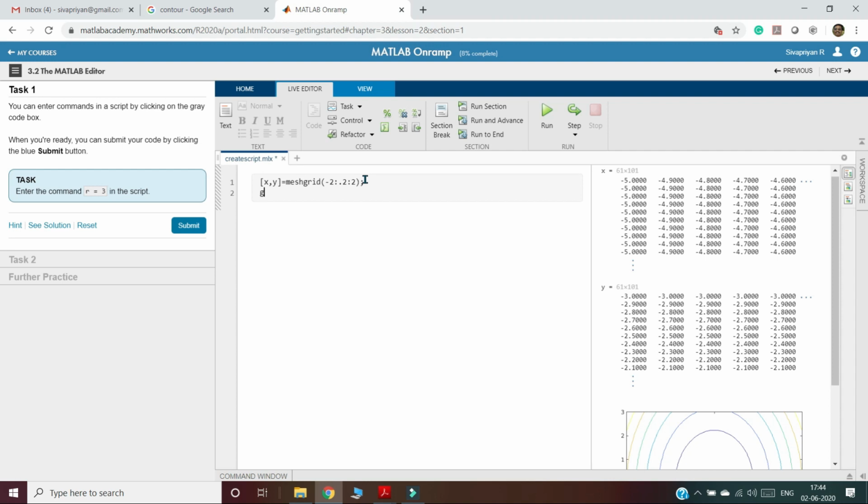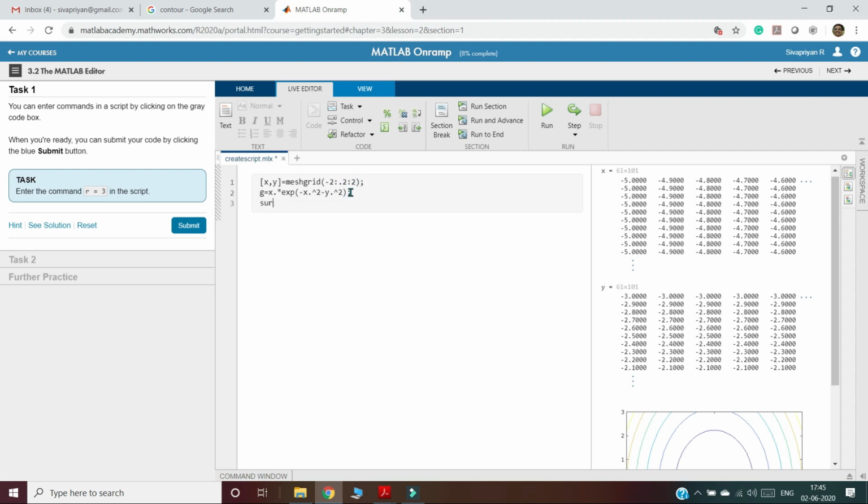Then G is x dot star exponential of minus x square, x dot to the power 2, minus y square, y dot to the power 2.